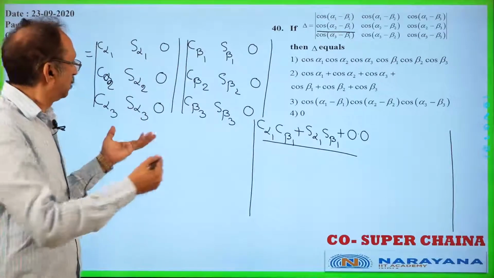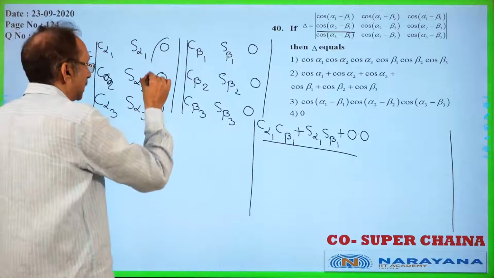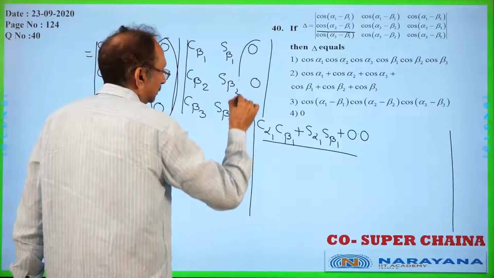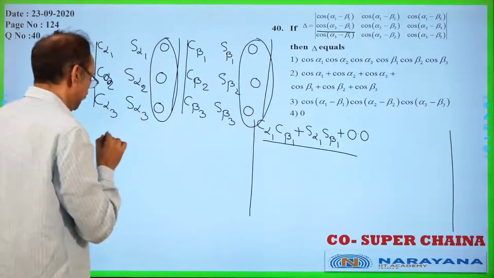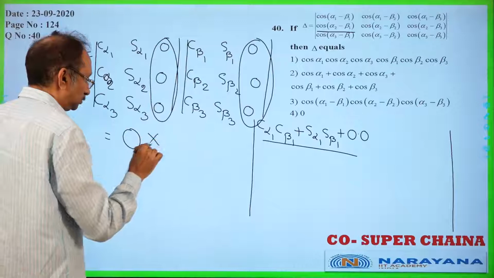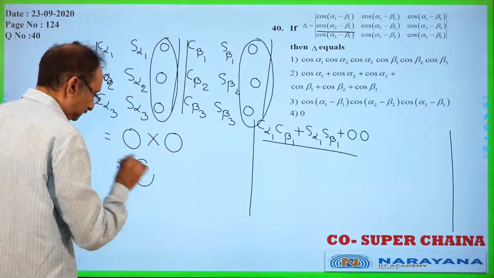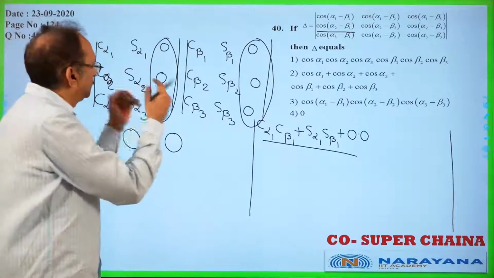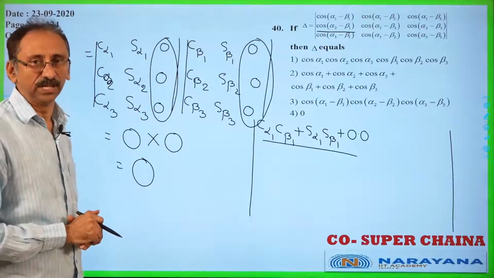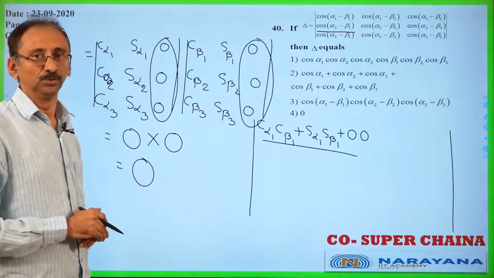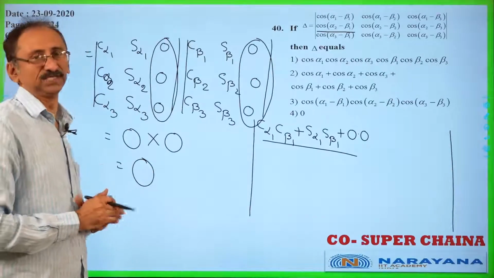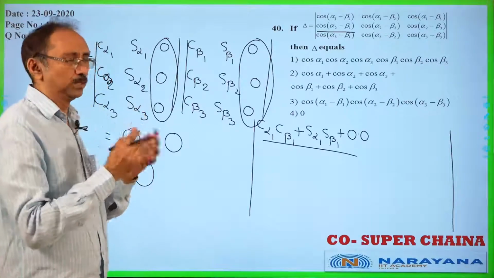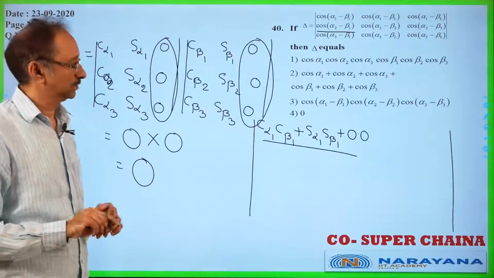Okay? And now what are the values? Now if a column contains all zeros, then its determinant is 0. Similarly, this also contains all zeros in a column. So the answer is 0 into 0. The answer is 0. So directly we are getting 0. No need to substitute any angle. Whatever may be the values of angles alpha 1, alpha 2, like that, the answer is always 0. Okay? So this is the procedure. But of course in the examination, you have to get the solution very fast. So you can choose your way. Right? Now we'll go to the next question.